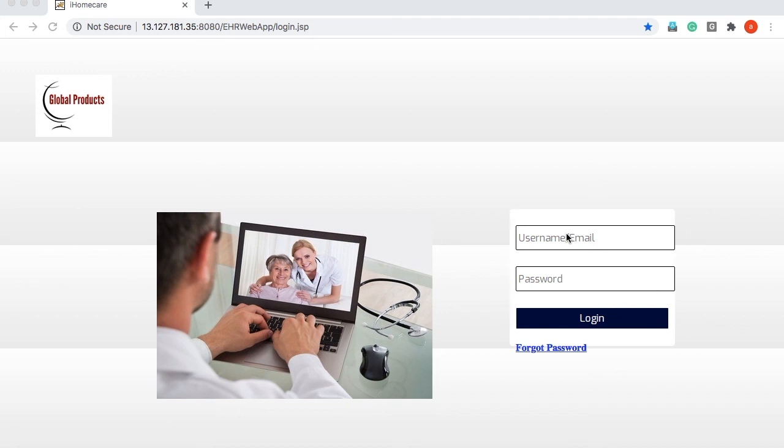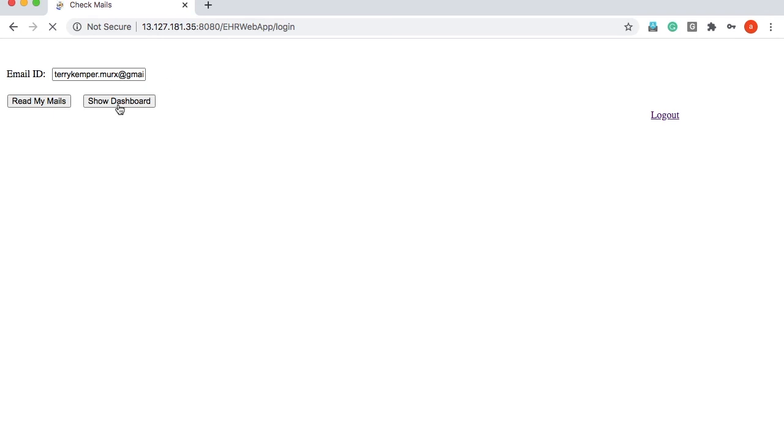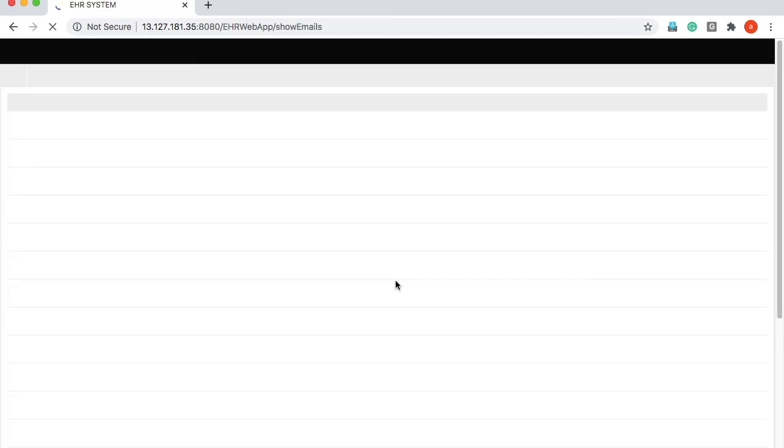The doctor logs into the iHome Care software to check the patient vitals transferred by the caregiver. Next, he checks the vitals by clicking on the dashboard.